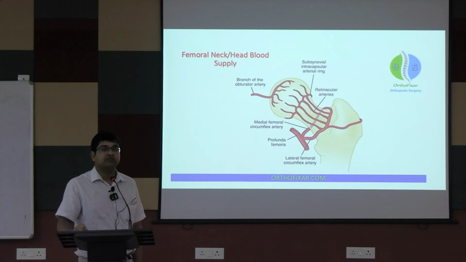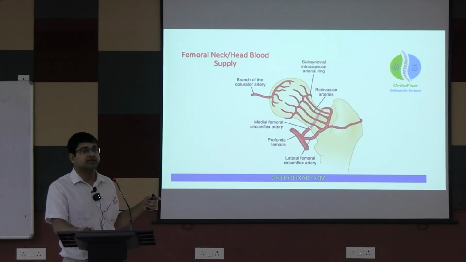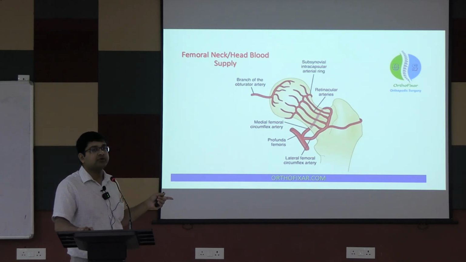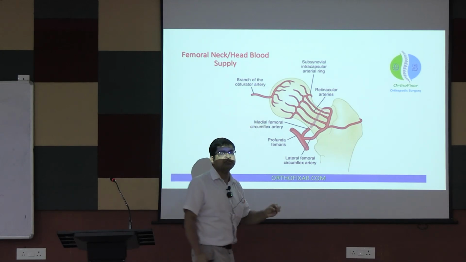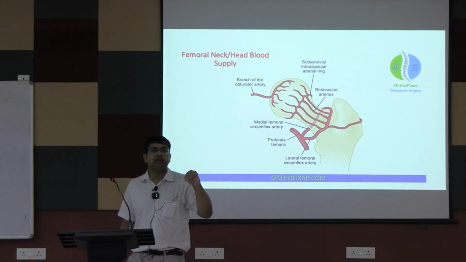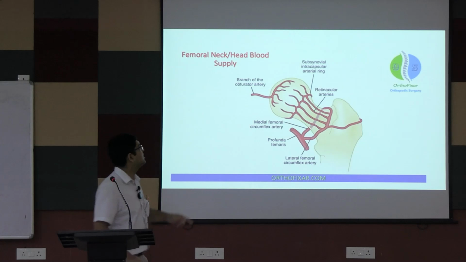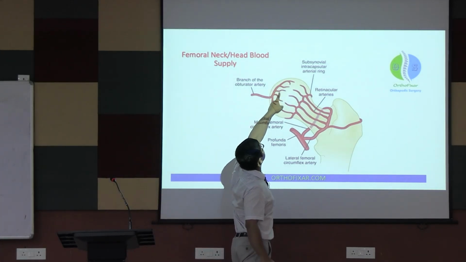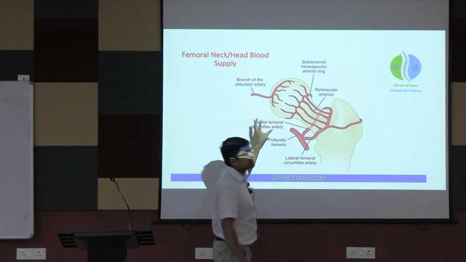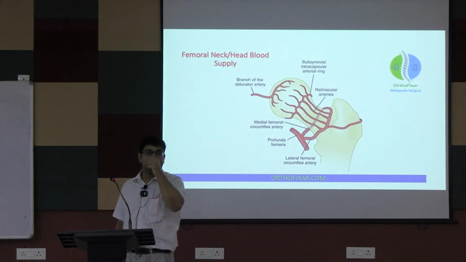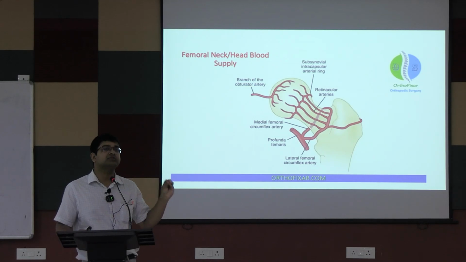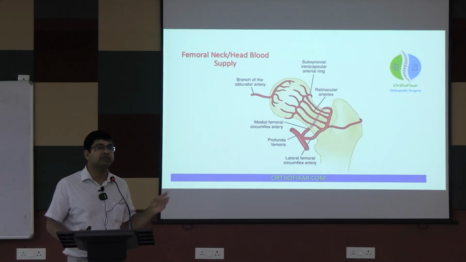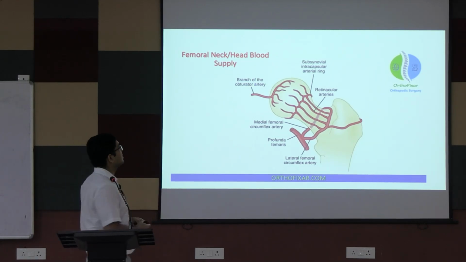ঠিক আছে, এই ডিপ্রেশনটাকে বলা হয় ফোবিয়া। এই ফোবিয়াতে একটা অ্যাটাচমেন্ট হয়। কি অ্যাটাচমেন্ট হয়? লিগামেন্টাম টেরেস। ফোবিয়াতে অ্যাটাচমেন্ট হয় লিগামেন্টাম টেরেস। এই আর্টারিটা আসে কিন্তু সেই লিগামেন্টাম টেরেসে। ঠিক আছে, it is a branch of obturator artery, but the main problem is this artery supplies a only little area around the fovea of the femoral head, small area, এইটুকু এরিয়া খালি সাপ্লাই করে। artery of ligamentum teres, which is a branch of obturator artery, it supplies only a small area around the attachment of ligamentum teres or around the fovea।